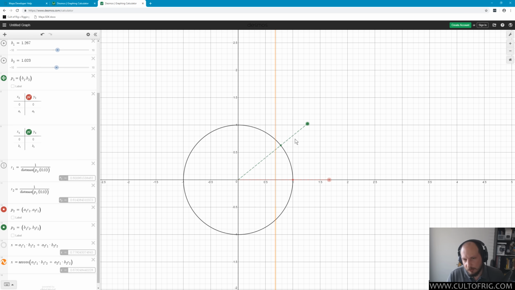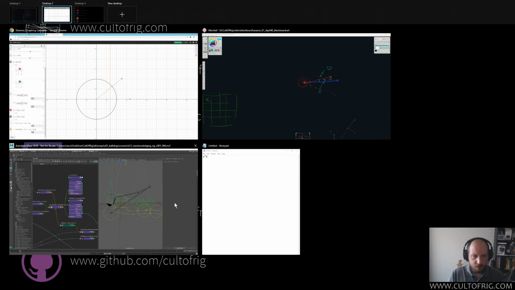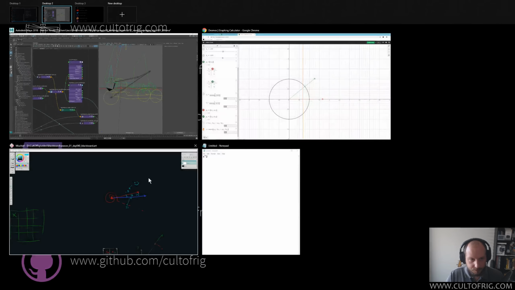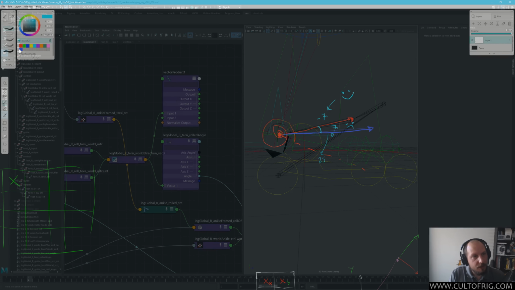So if we add one more term in there, one more vector in here, as this vector goes across this boundary, if we also had another vector here,